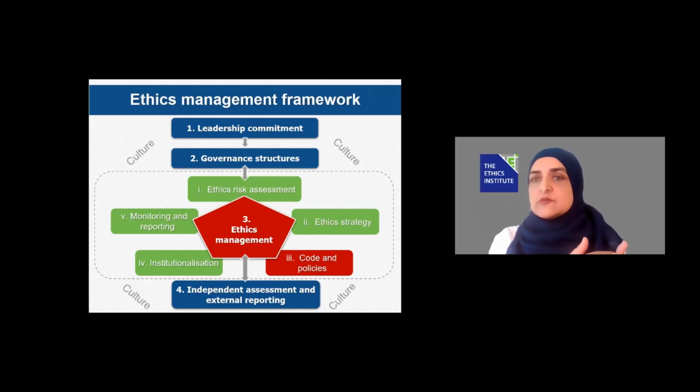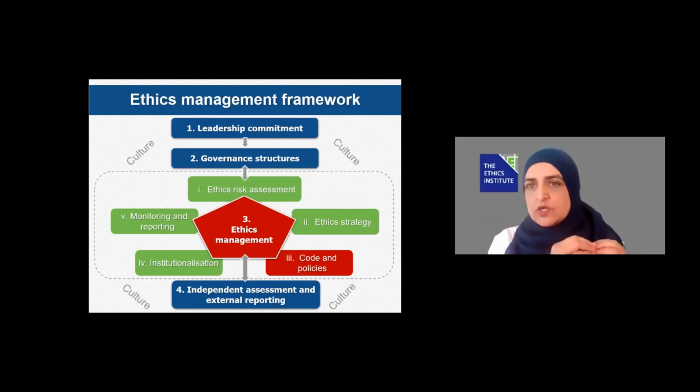And once you've done that, you would then determine an ethics strategy. Where am I going to in terms of building an ethical organization, and an implementation plan, how I'm going to get there. And after that, that is where your code of ethics fits in. And we spent a lot of time talking about what is the code of ethics, and how does it link with your ethics policies. So maybe just to summarize, once you have your ethics strategy, you can then go off and determine, do I have something that represents or codifies or sets out what does good look like in my organization? If I have that, do I need to tweak it, or do I need to refine it so that it aligns with my strategy?